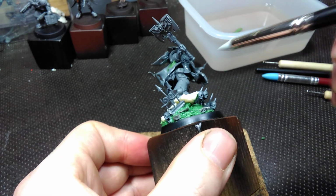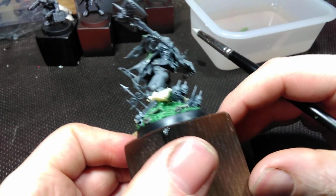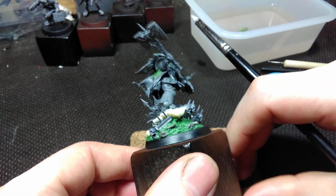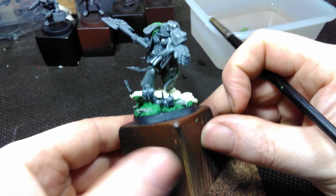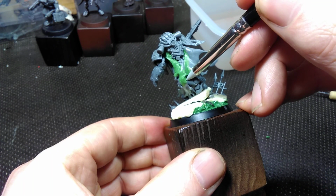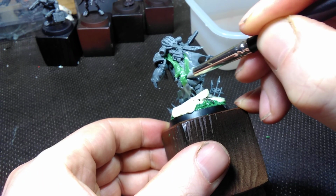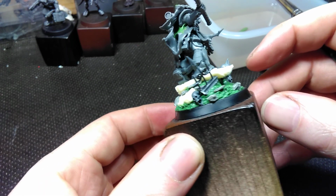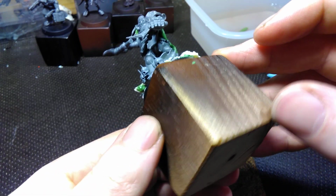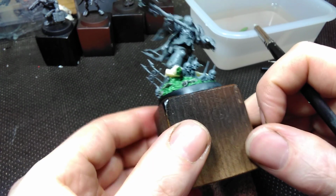Here, for example, over here is a hole where the breastplate doesn't quite fit the Primaris body, but I don't think that it will be a problem, because from most angles you won't be able to see that part of the model. But I'm not so sure now when I look closely. Could be that